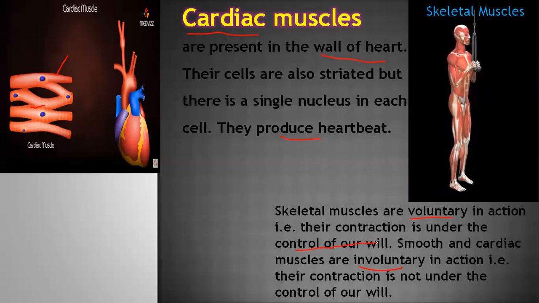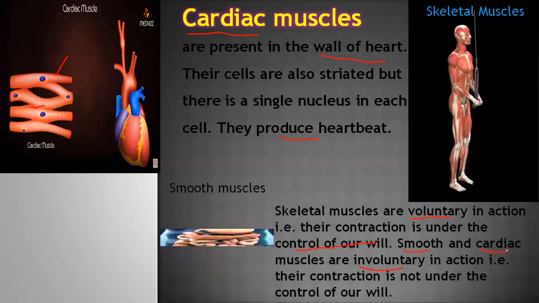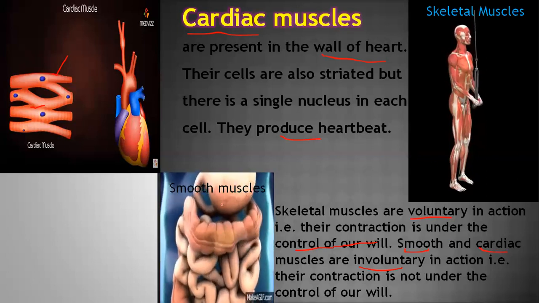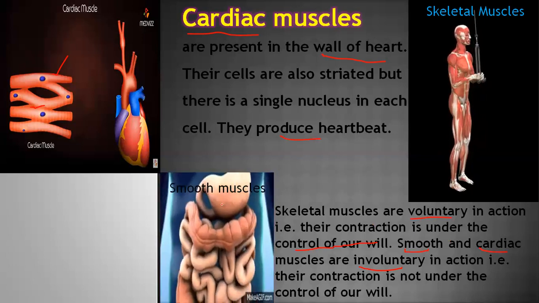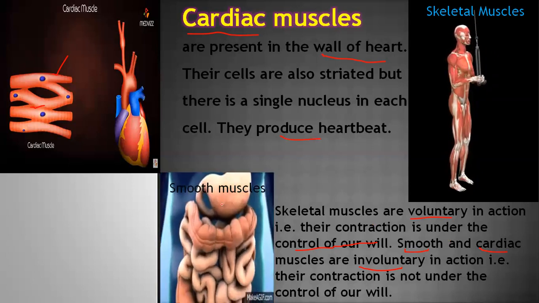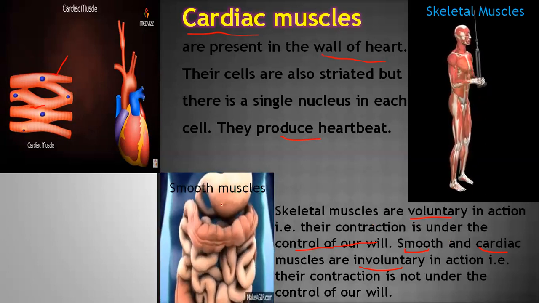These are skeletal muscles. Some muscles are involuntary. They perform their function on their own. For example, these muscles are smooth muscles and cardiac muscles. Smooth muscles are found in our gut, meaning the whole alimentary canal, in the kidneys, and in tubes like blood vessels, where blood flows by itself. When we eat food, the food moves by itself.